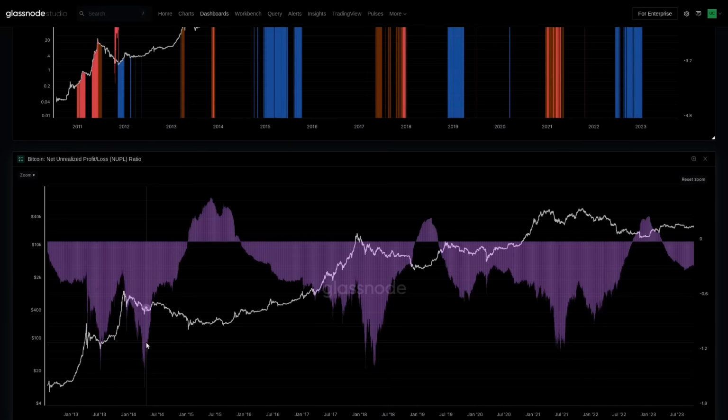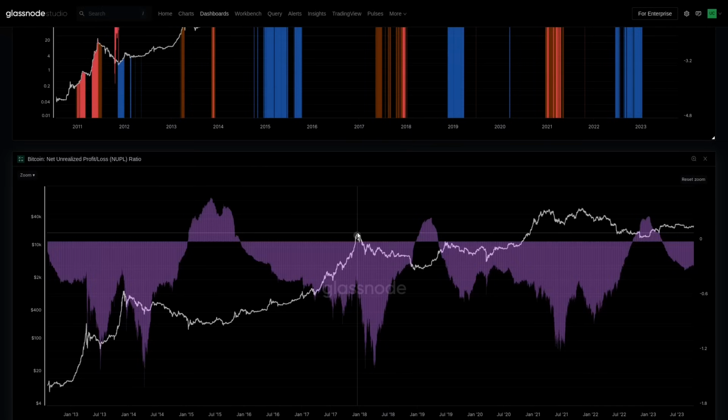And what typically happens when people have lots of profit? Someone starts to spend. And that spending typically ramps up until the point that it overwhelms the new demand coming in. This is a really important point. The long-term holders are the ones that actually stop the bull market from progressing because they sell so many coins that they overwhelm demand. So whilst the market is the most exciting, the media is the most hyped up, at that point in time, that is actually when the maximum profits are being taken. Long-term holders are exiting the market.